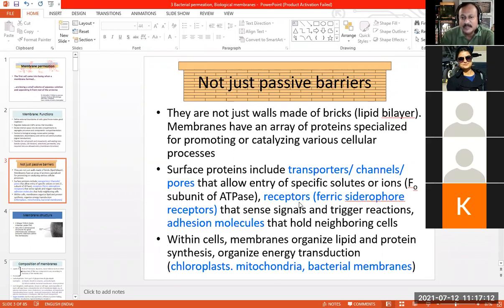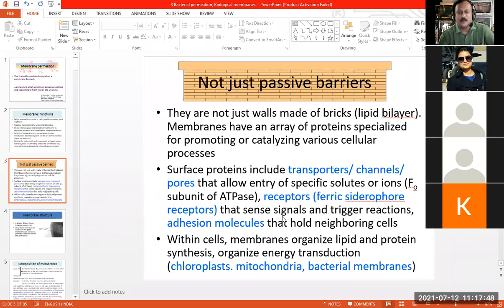So there are such proteins present for the uptake of different types of molecules. For example, sugar molecules, or maybe certain metal ions, are also transported across the membrane. All of that activity requires the presence and active involvement of proteins, which are called either the transporter proteins or the channel proteins, or there are porins in the membrane. These are very simple structures.